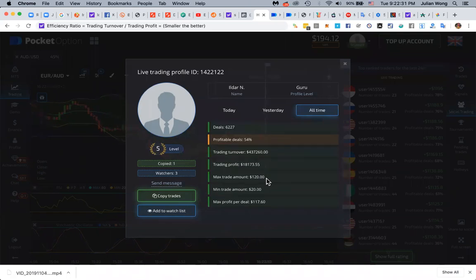Is he quite consistent? We know from the trade sizes that he's probably doing a little bit of martingale, but is he consistent in his trading? I would say that he's quite consistent. So we know what kind of range to expect, okay? Now, we want to look at his trading behavior, and this we can only see by following him, like let's say like a 1% copy, then we can do it, and we can actually set that.